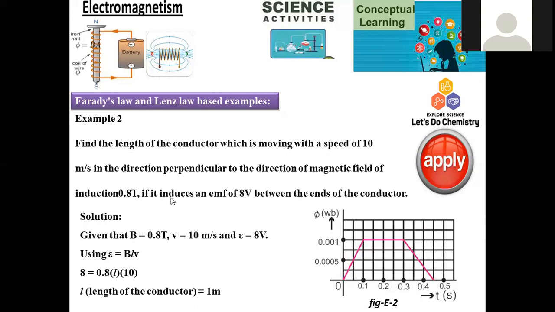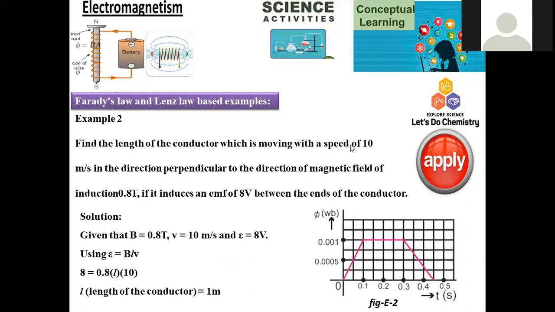Now, epsilon value, the induced EMF value, is given within the problem, that is 8 volts, and B is nothing but the strength of flux density value. Magnetic field of induction is given in Tesla. B value is given as 0.8 Tesla. Length is to be determined, that is the required parameter from this sum. And what will be V? V is nothing but